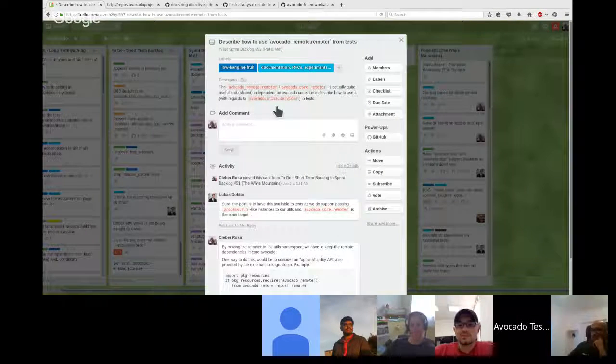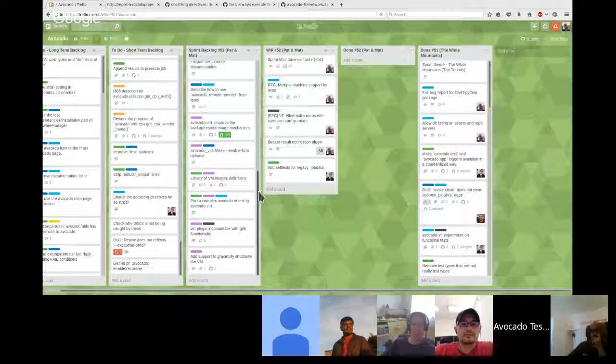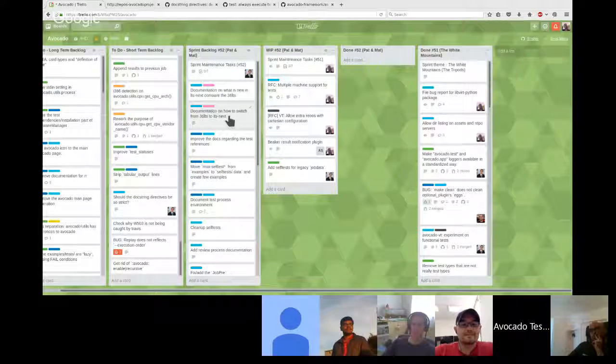Describe how to use Avocado Remoter. So we have moved Avocado Remoter to an external plugin, and we have some users of run that actually can receive a run function that could make use of remote to run code on a separate machine, on a remote machine. This is what we have on file, but the general trend of the next sprint is going to be